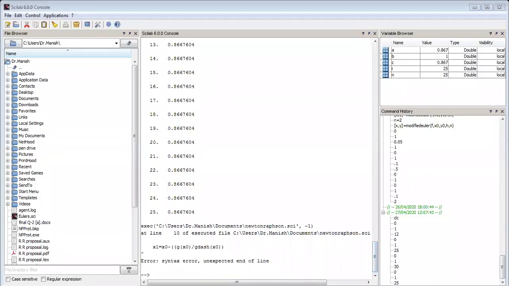So sharing this console, and here what it is giving is a syntax error at the line g of x naught divided by g dash of x naught. Okay, so I just give some different thing here. So we'll share it again. We'll see the program.